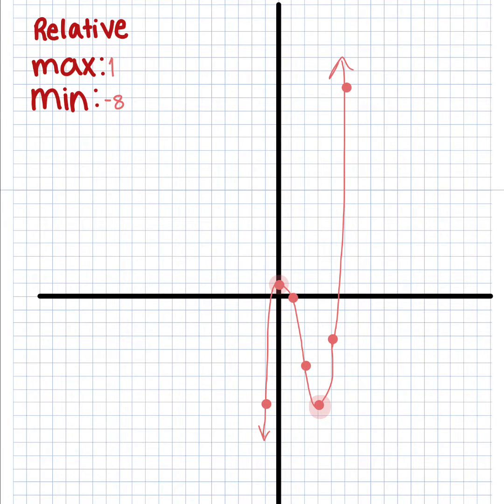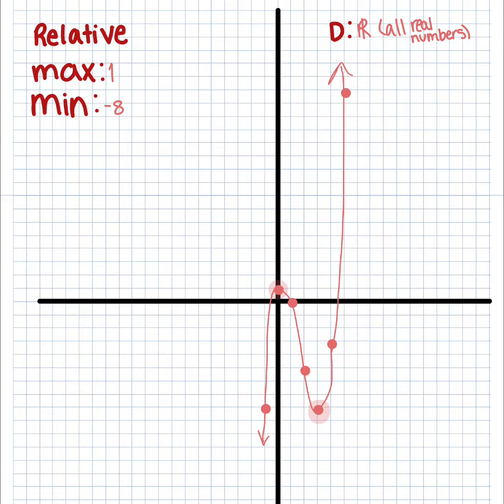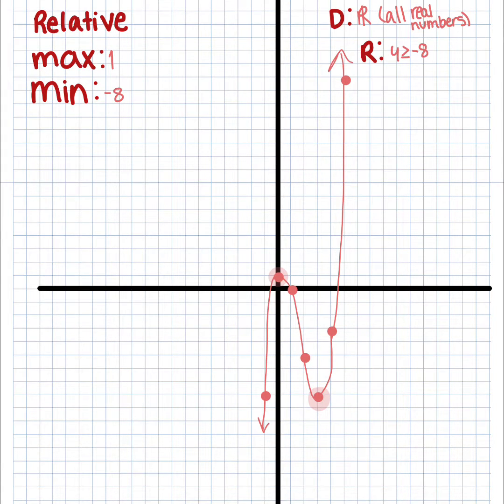Our relative minimum would be negative 8 since it is the lowest turning point that we have graphed. The domain would be all real numbers, which can be expressed with an R with a line through it. The range would be y is greater than or equal to negative 8 for what we have graphed. Now we are done, but if we wanted to, we could also state the ending behavior, which would be as